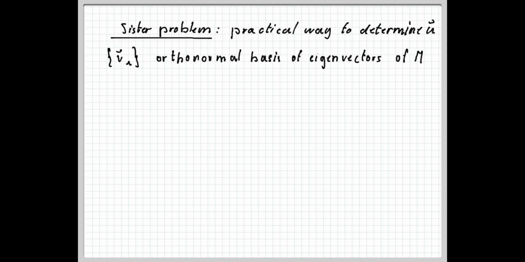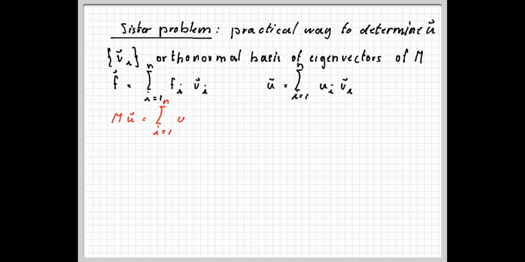As such, we can expand both vectors u and f as, now let's apply M to u, and this would result in, using the fact that M is a linear operator, using the fact that v of I is an eigenvector with eigenvalue lambda of I,